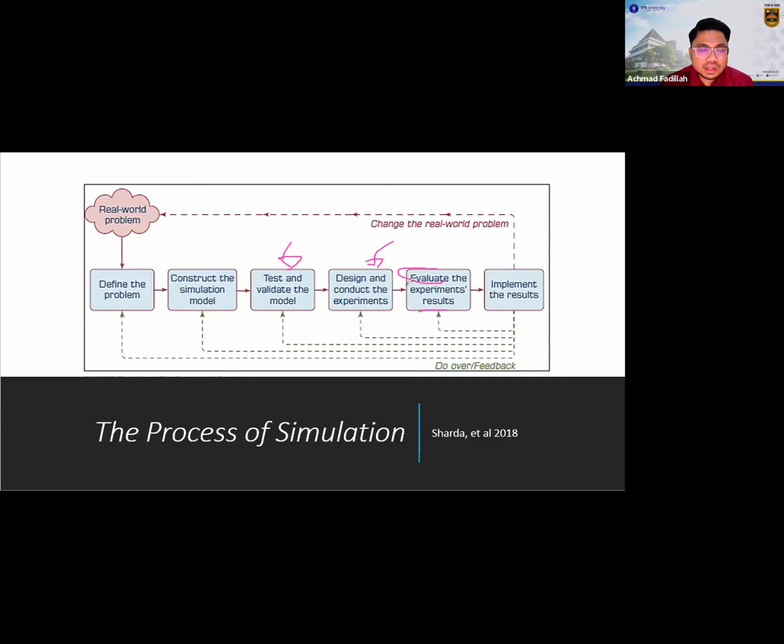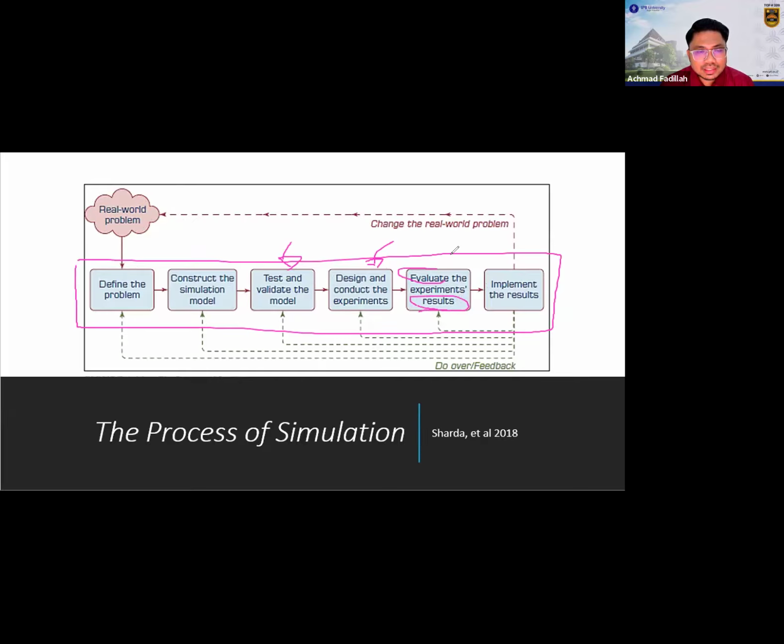This is not a real world outcome. This is in the modeling system. So this is the process. In the real world situation, you extract the information about the problems and even potential solutions. In this process, the result is not the result from the real world. It is from the modeling.